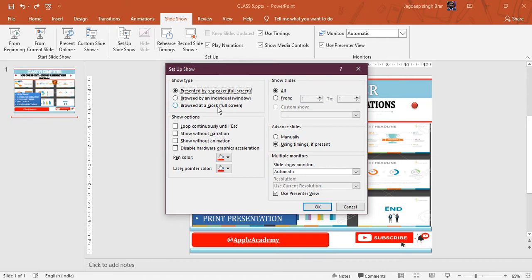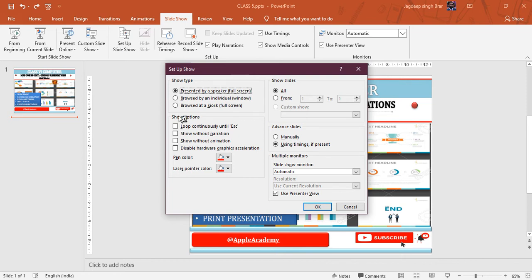The options on the Set Up Show dialog box let you do the following things. First one is show type. This option will configure the presentation's slideshow type. It gives the options to present the show as presented by a speaker, browsed by an individual, and browsed at a kiosk.